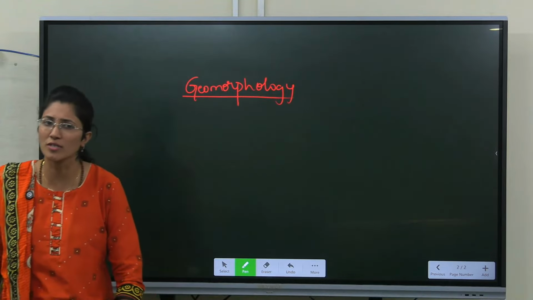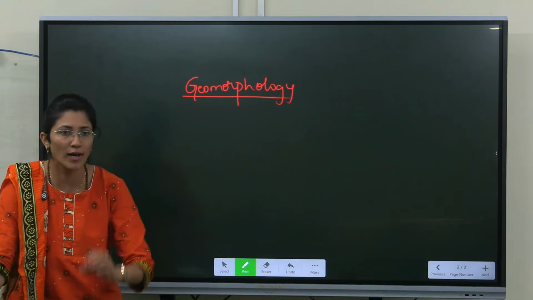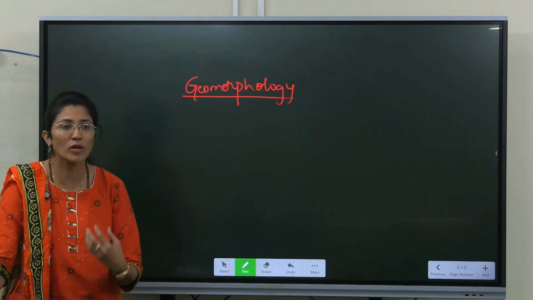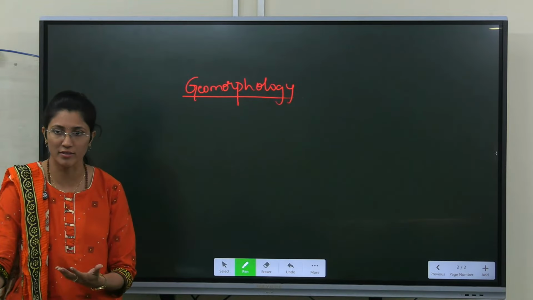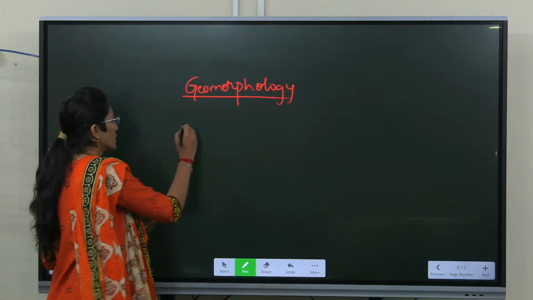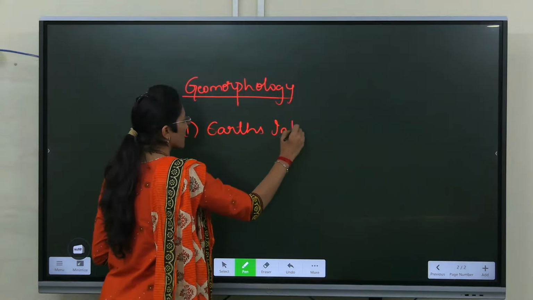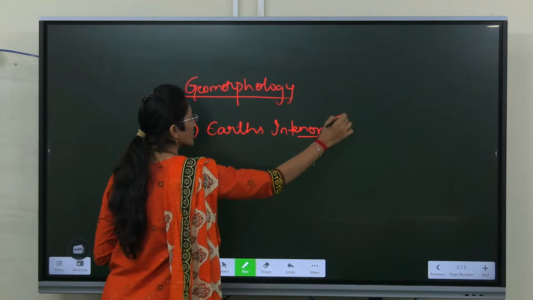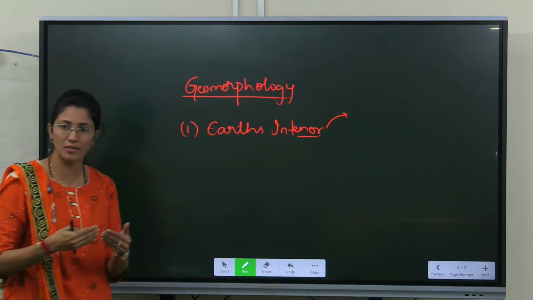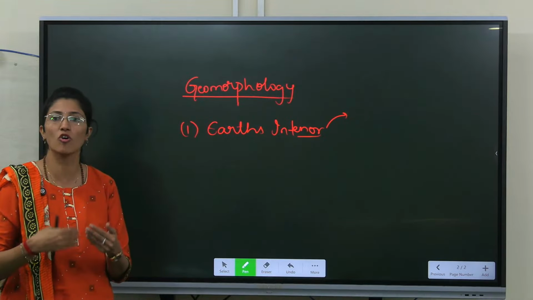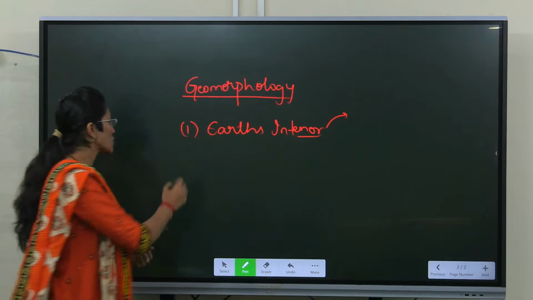Geomorphology, nothing but it talks about the landforms. How landforms are created, how landforms are modified. So we talk about the Earth's interior. What are the sources for Earth's interior? What are the stages or what is the composition? Right? Next we talk about